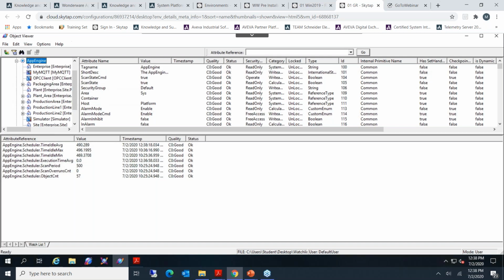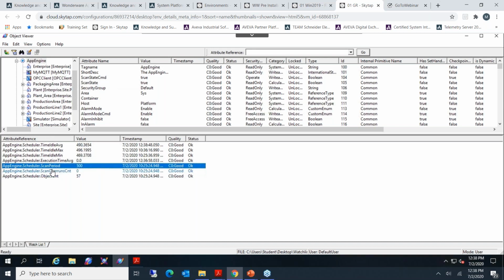Now, how to size? Again, let's take this redundant application. Theoretically, I have 4, but my objects are very complicated. The first question you have to ask is: how fast must I read from the field? The maximum is 1 second. By the way, 1 second is too fast, but let's say 1 second. So you put your scan period on 1 and check. Do you have an overrun? If you have an overrun,